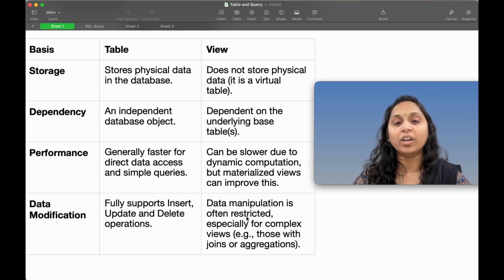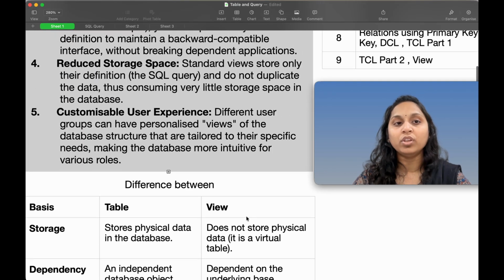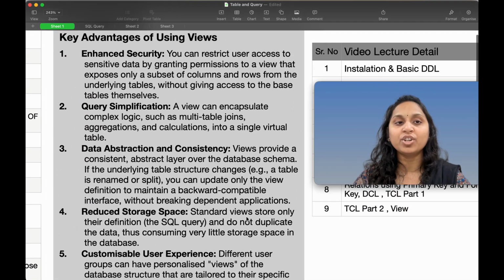With the help of your query, you can identify which type of view you have created. Now pay attention to this line. These are some of the advantages of using a view. Okay, now as I explained,